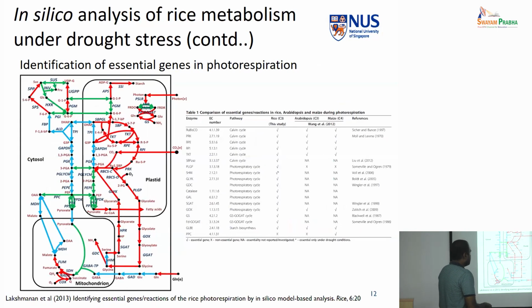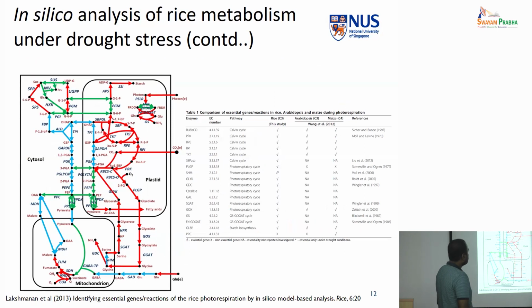Further, we also evaluated this step, where we noted that multiple reactions are involved, right? So we wanted to see if we can make a transgenic plant which can get rid of some of these photorespiratory pathways. Can they survive? But the simulation showed that in fact all the reactions in the photorespiratory pathway were actually important. So how did we do this? We were able to computationally remove each of these genes and then analyzed whether plants are still able to photosynthesize.